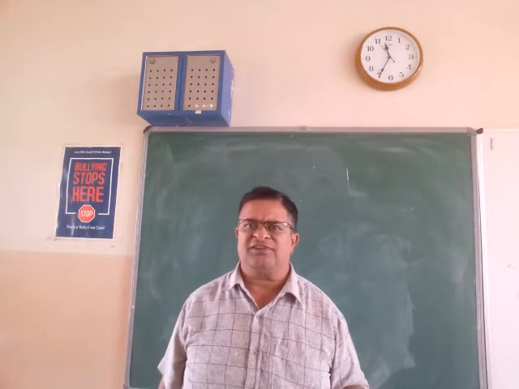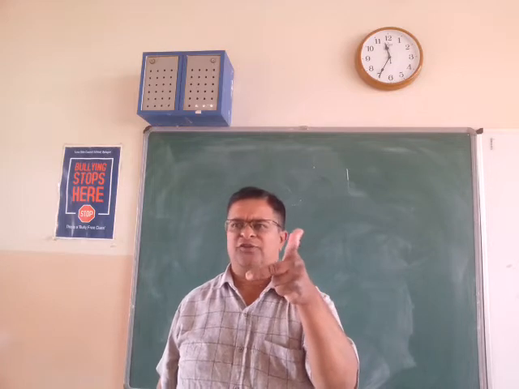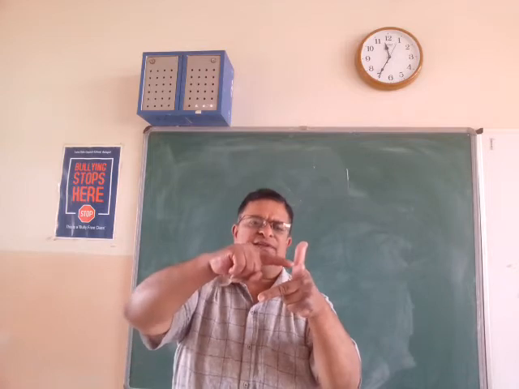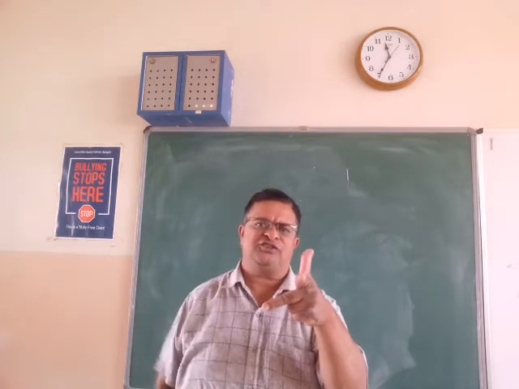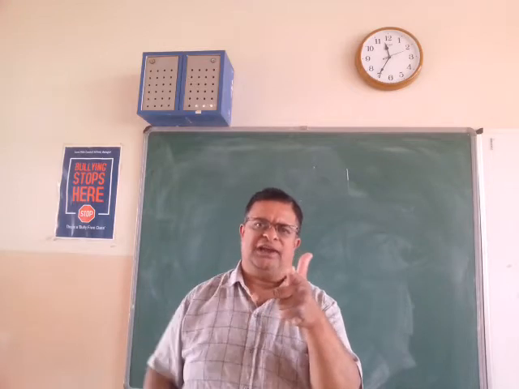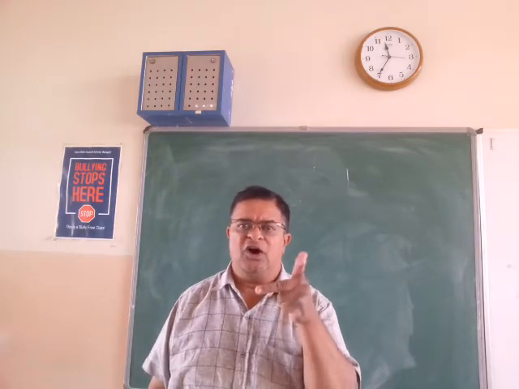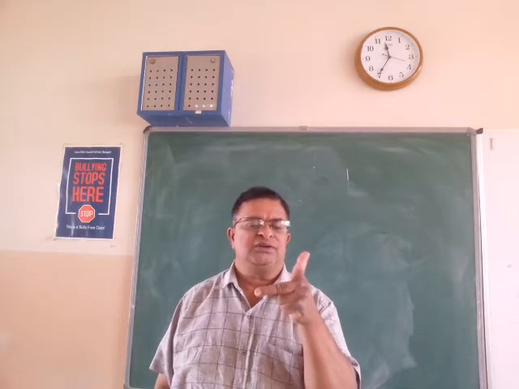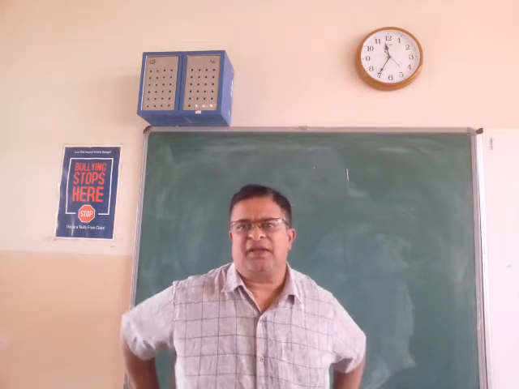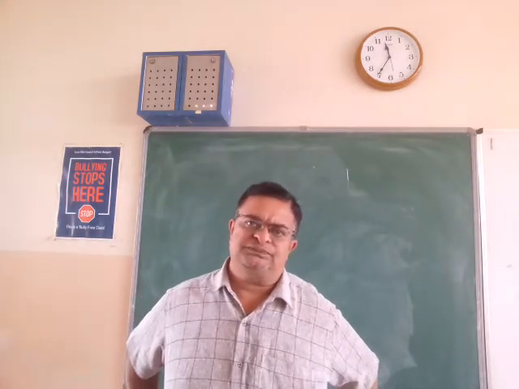See once again Fleming's left hand rule. You should hold the thumb, the forefinger and the middle finger of your left hand mutually perpendicular to each other, such that the index finger indicates the direction of magnetic field, the middle finger indicates the direction of electric current, then the thumb indicates the direction of motion of the conductor or the direction of the mechanical force acting on the conductor. This is the motor rule.